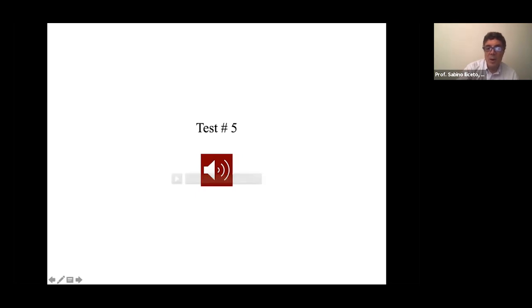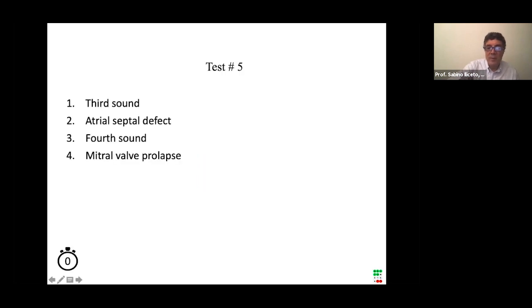Let's listen again. No murmur, an extra sound. We have 3 sounds. So we have 4 possibilities. Is it a third sound, an atrial septal defect, splitting of the second sound, a fourth sound, or